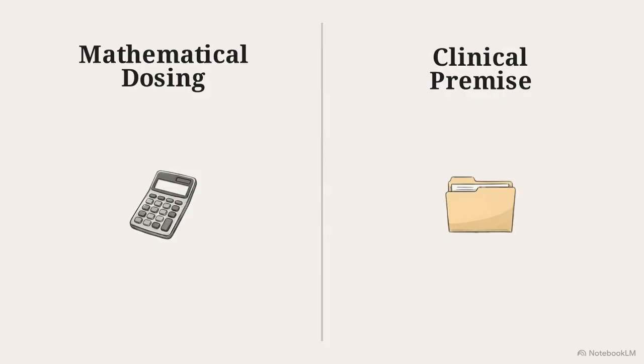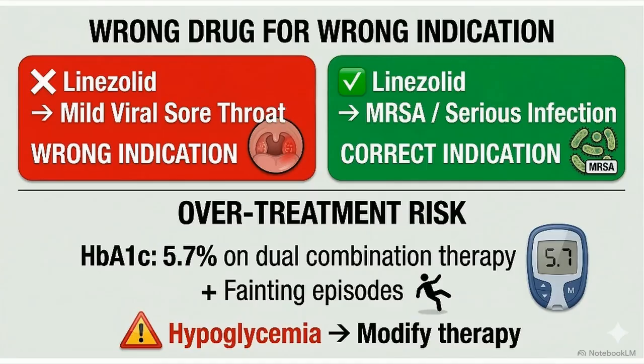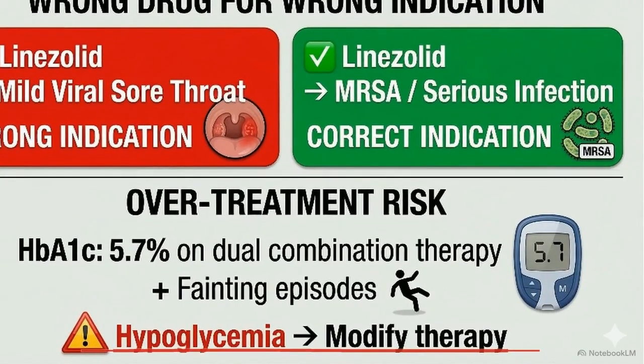The ultimate test for a pharmacist is a prescription where the math is perfect, but the clinical premise is invalid. We must always question the core indication. This illustrates wrong indication perfectly. Prescribing reserve antibiotics like linezolid for a viral sore throat is clinically invalid. Also, beware overtreatment. A patient dropping to 5.7% HbA1c and experiencing fainting shows active hypoglycemia, requiring an immediate modification of